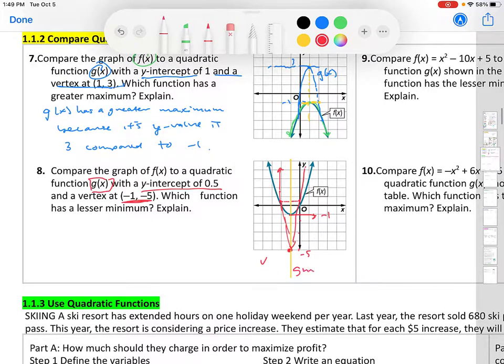Remember, smaller numbers on the y-axis, this is the bigger numbers, so -5 is smaller. That would be on our red graph, which is g of x. G of x has a smaller, or lesser, minimum because it's,